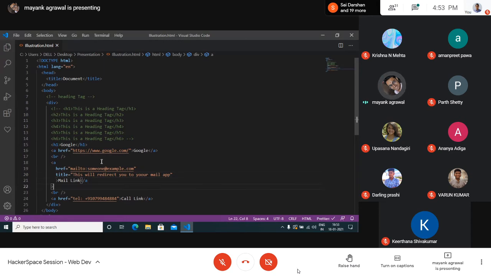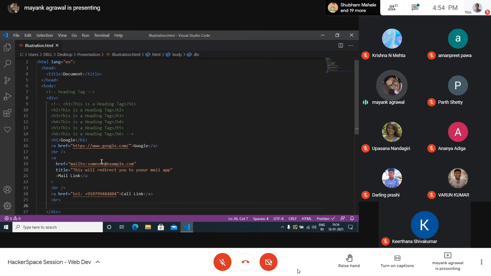Not only this, inside an anchor tag you can write anything. Say you have an image, and if the user clicks on this image, they should be sent to another page.